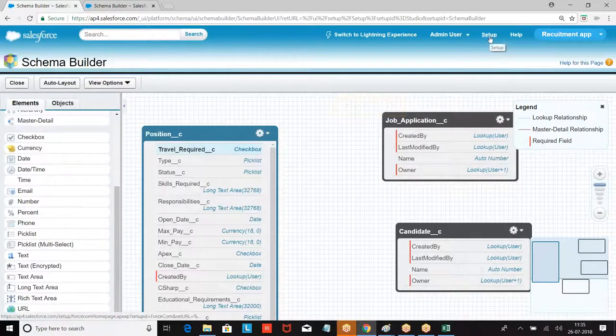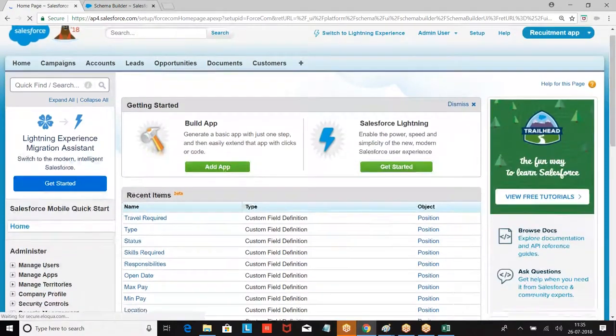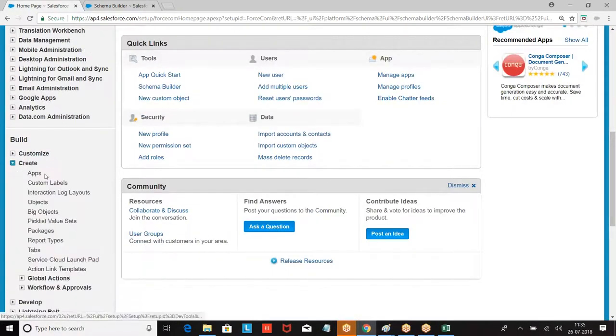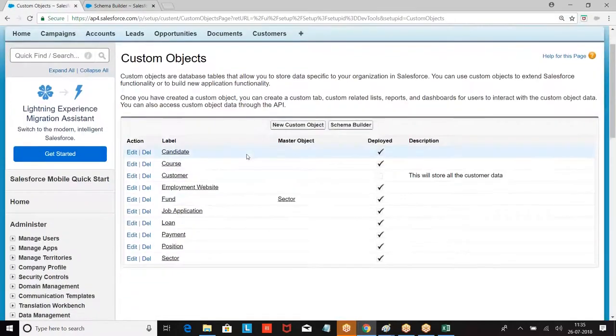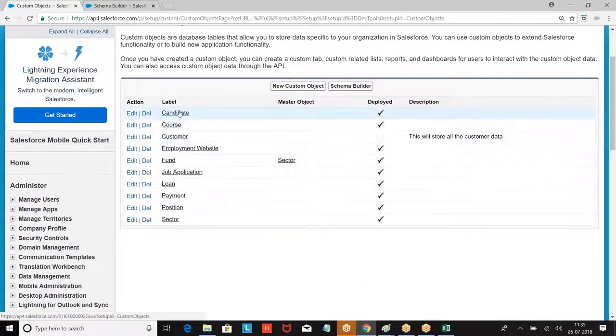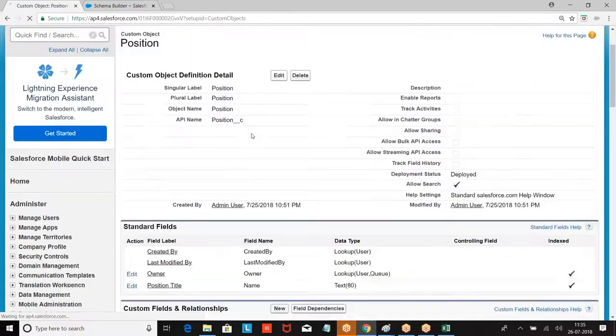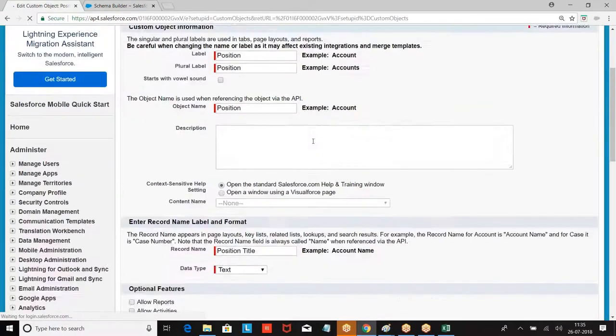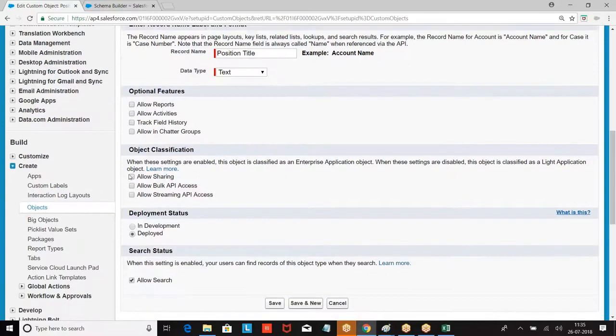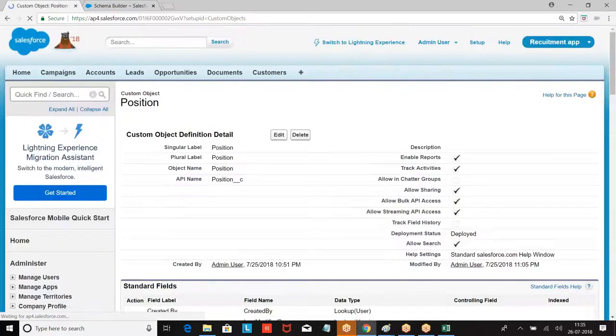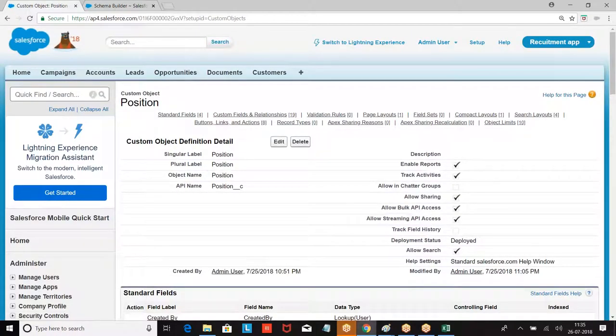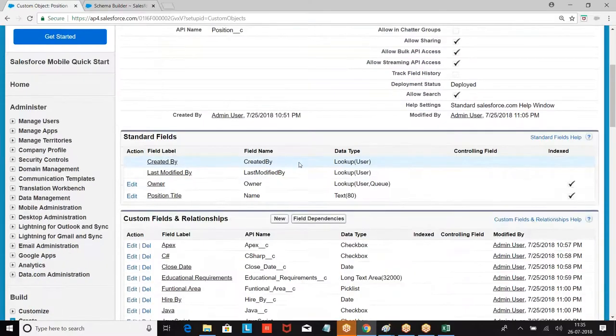Now when you created this object, first point, when I create the object using a schema builder, create objects, schema builder. Now when you go to schema builder, what is that? Position. Position, edit it. Now look at this. These are not enabled for you, right? If you want to make it a classic enterprise application, we have an optional feature. If you want, you can. Later we can modify this. First we have created the object, then I came to this and modified the skills. Okay, enterprise application. Then what I'm doing, page layout.